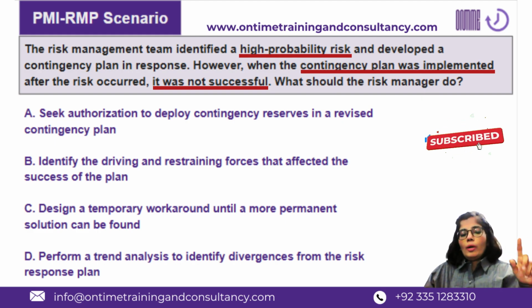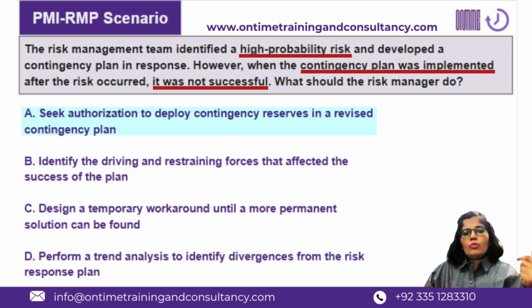Option A, seek authorization to deploy contingency reserve in a revised contingency plan. Revised contingency plan and approval on that, and maybe fixing the contingency plan. I mean, all of that is applicable. Like I said, there could be multiple answers to this situation, but as per the best practices, A is not the very next thing to do in this situation, because this risk already is an issue. It already has been materialized, and